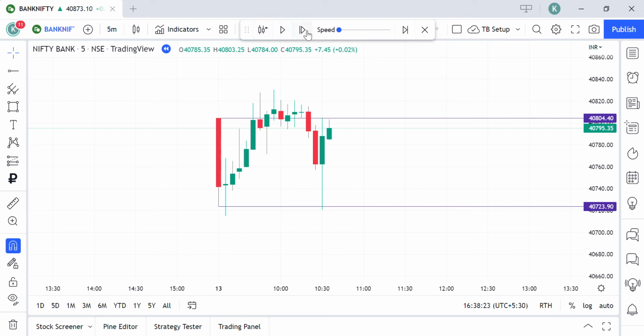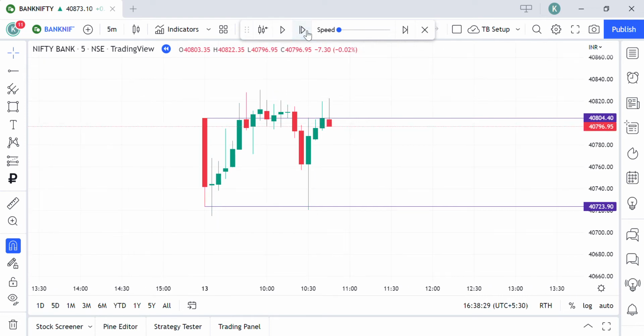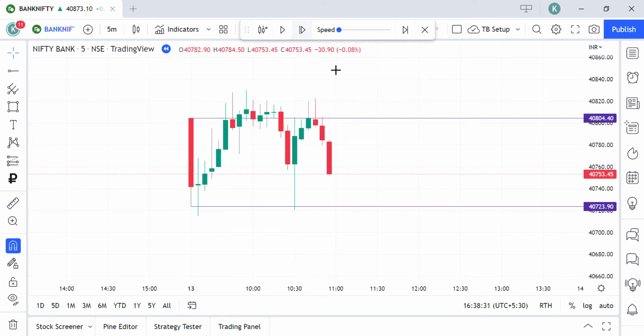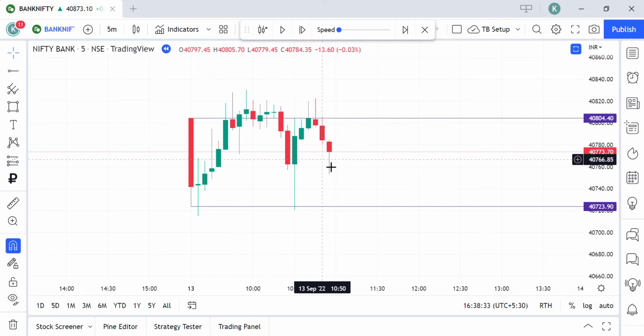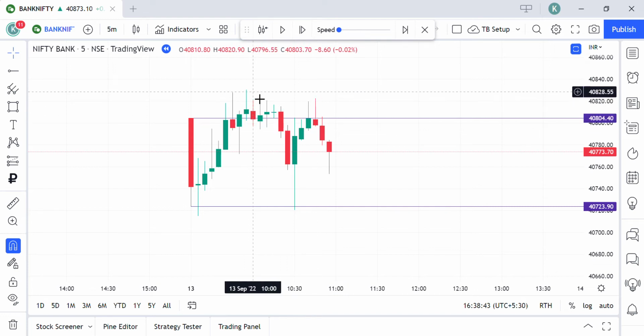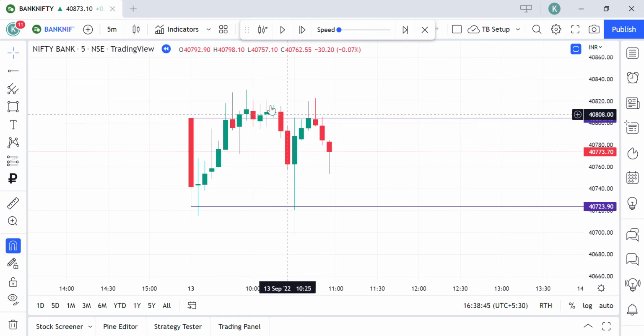Now, we do not enter any trade at this level. We just wait and watch for any opportunity. So when price is going like this, price has already shown momentum that it is going down and has failed to go above this level and created a fractal bar like this. So this is an opportunity for us to go short with a small stop loss order.